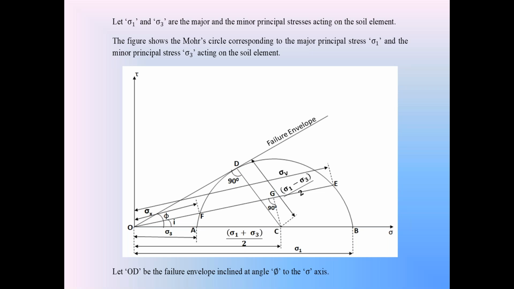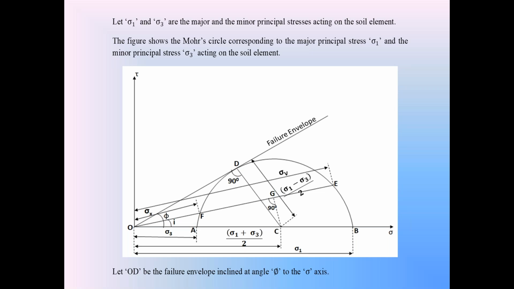We know that we are in the active movement of the retaining wall. So when the inclined backfill surface is in the active condition, when that backfill is in failure in the active condition, the Mohr stress circle touches the failure envelope at point D. This is the Mohr stress circle at the active failure condition of the inclined surface of the backfill. OA is equal to sigma 3 on the soil element, OB is equal to sigma 1 on the soil element, and C is the center of the Mohr stress circle.